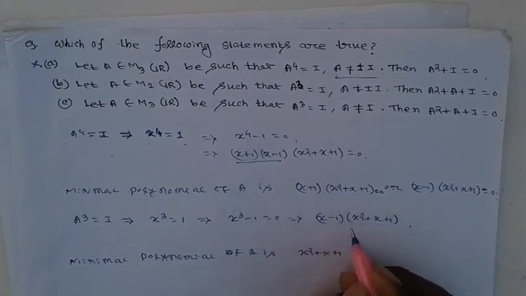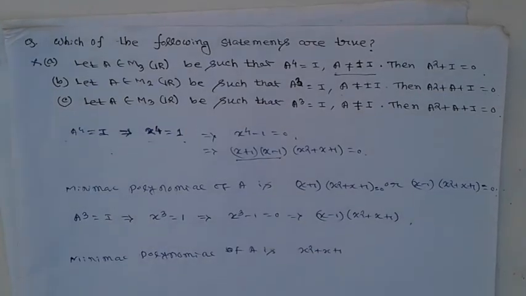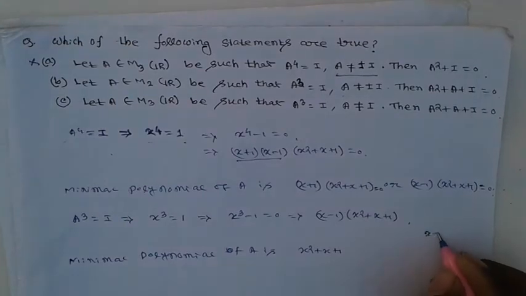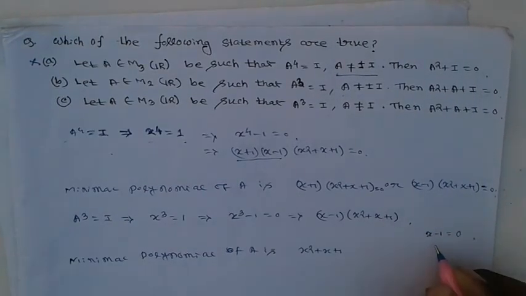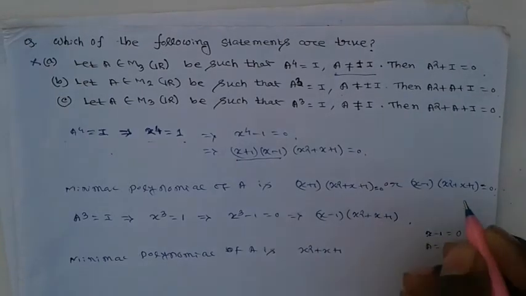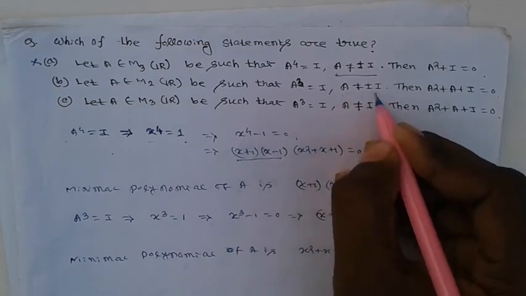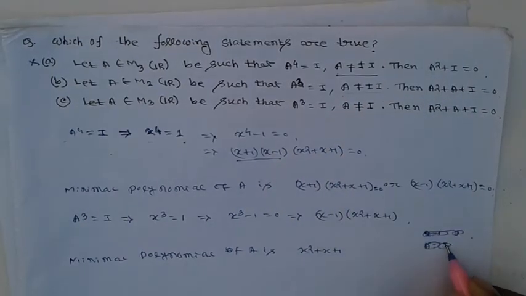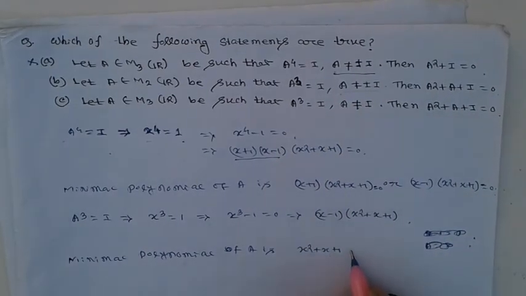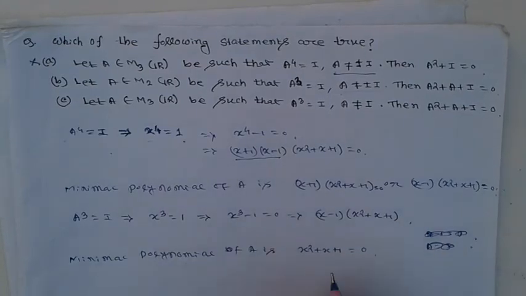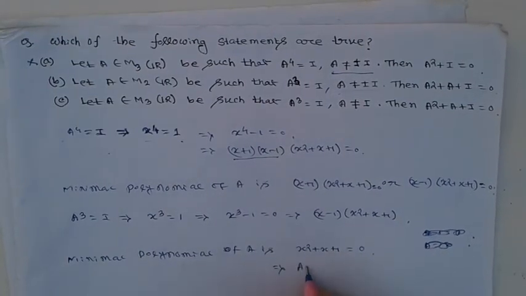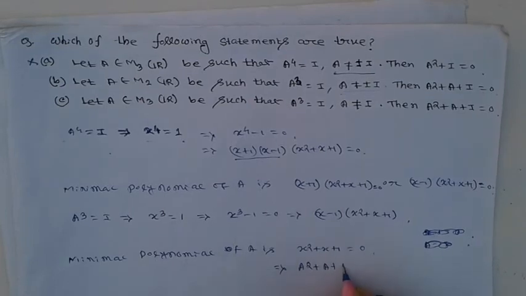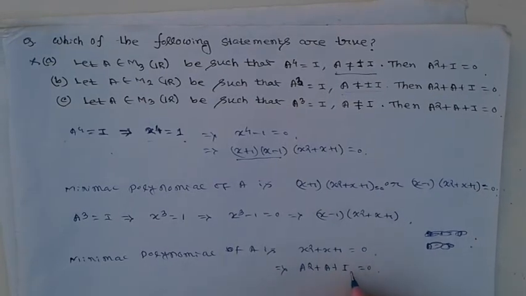If x minus 1 is the minimal polynomial, then A minus I equal to 0, since every matrix satisfies its minimal polynomial, so A equal to I, and this contradicts the conditions, so this cannot be the minimal polynomial. So x square plus x plus 1 equal to 0 is the minimal polynomial, and from this we read A square plus A plus I equal to 0,